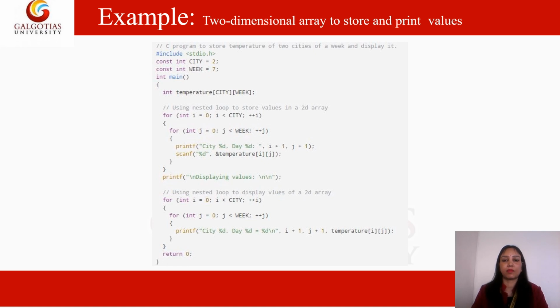In this example we are not doing anything special, like any type of operations or calculations. We are just simply entering and printing the values, or simply you can say we have learned how to initialize and print any 2D array at runtime, just like we learned runtime initialization in 1D arrays. Okay, so this is the example for 2D array.